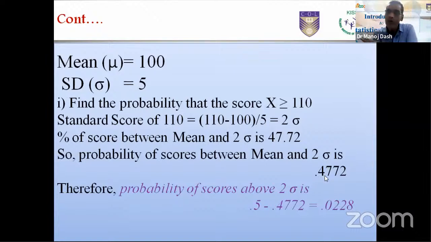So after 2 sigma, what is the probability? 0.5 minus 0.4772. Here you will get 0.0228. So this is the probability. What was the question? The question was to find the probability that the score is greater than or equal to 100. So the probability of the score